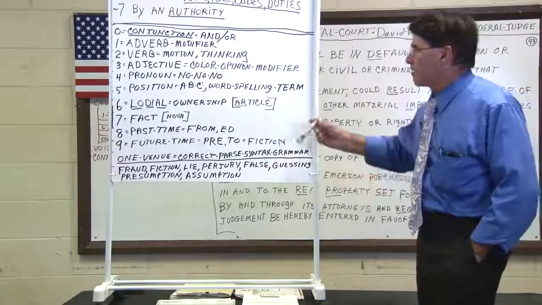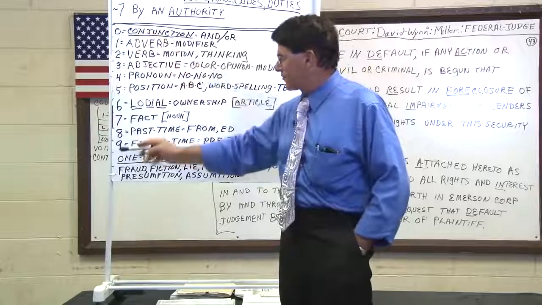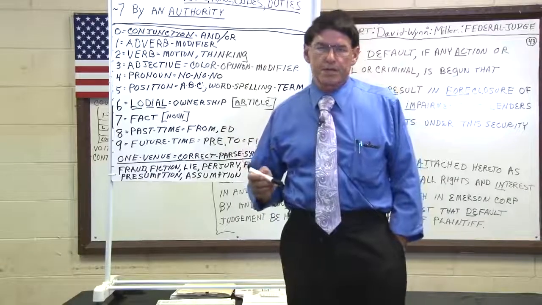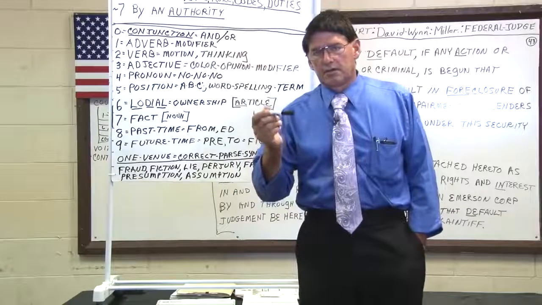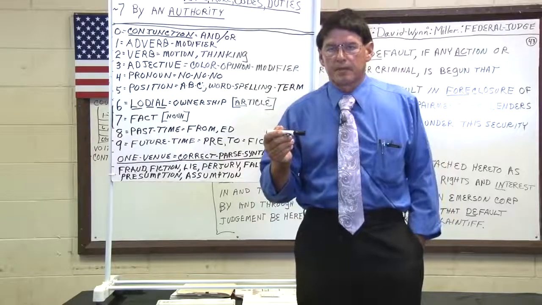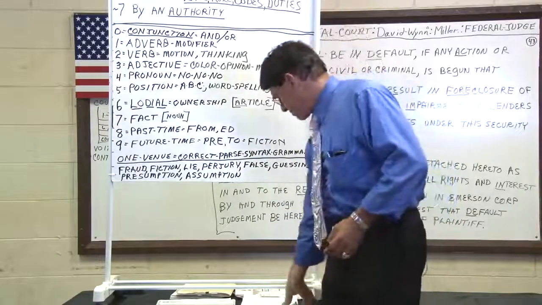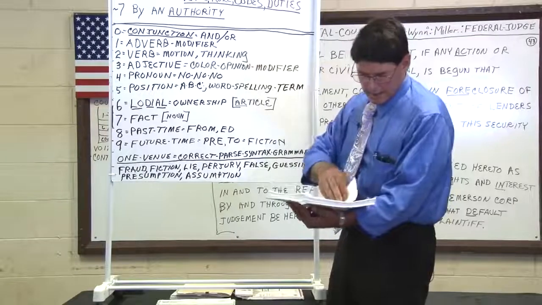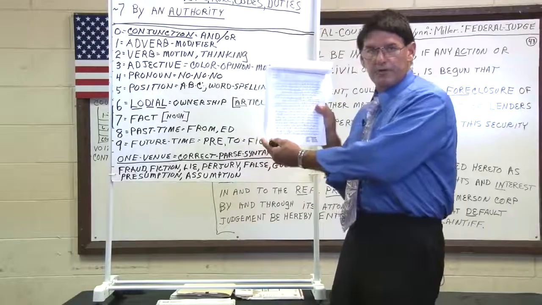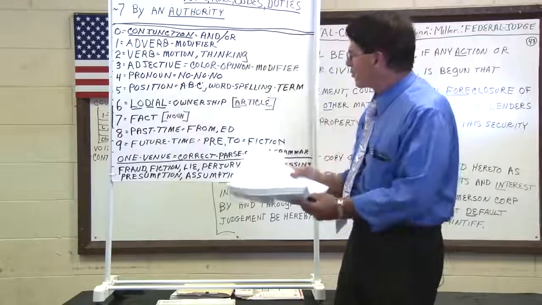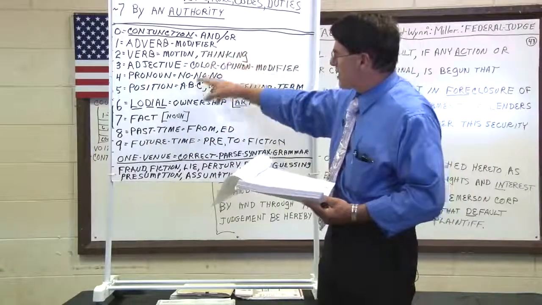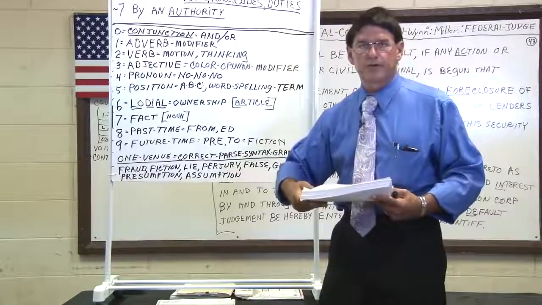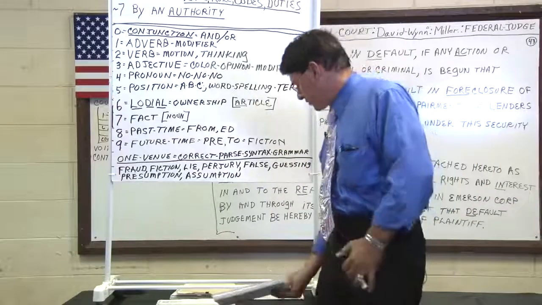Now the parts of speech are, we're going to use a numbering system 0 through 9. The numbering system is to identify each part of speech and how it appears between one word and another. And when we take documents and we put the numbers on top of the words, it's because to write the parts of speech word out on top of the words would take up too much time and would be too confusing. So we use a number substitution, which we will go through.